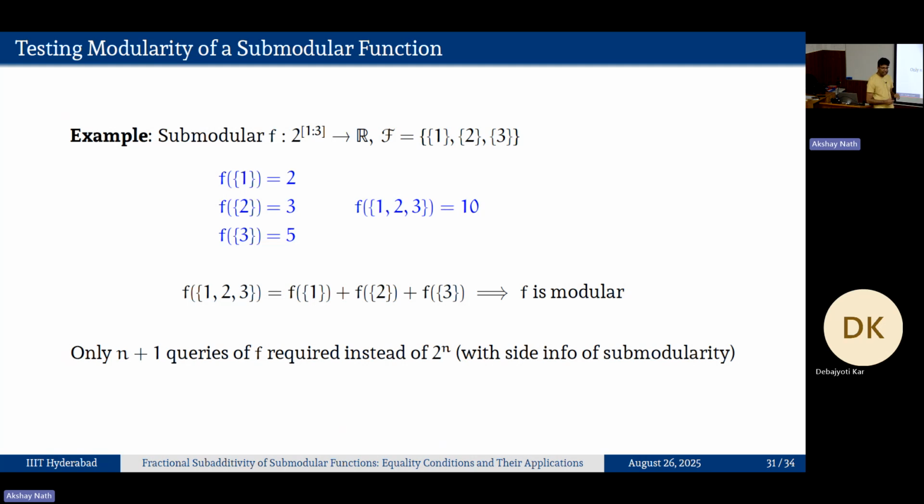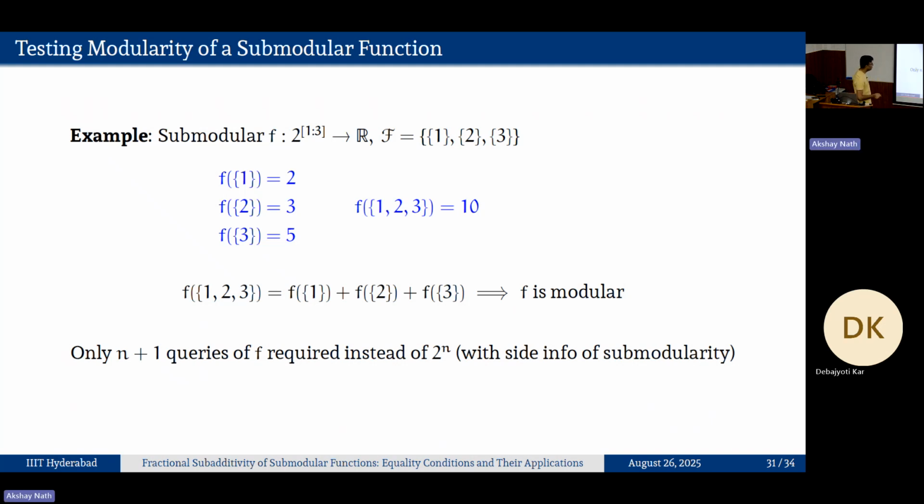So suppose I have a function f. If it is submodular, then to test that function, I just need to look at a few places. And also the stability point of view gives you some sort of closeness measure for property testing. So there are applications of this characterization of equality also because of stability, because almost closeness actually has a lot more value than the equality itself, and the equality gives the almost close values.